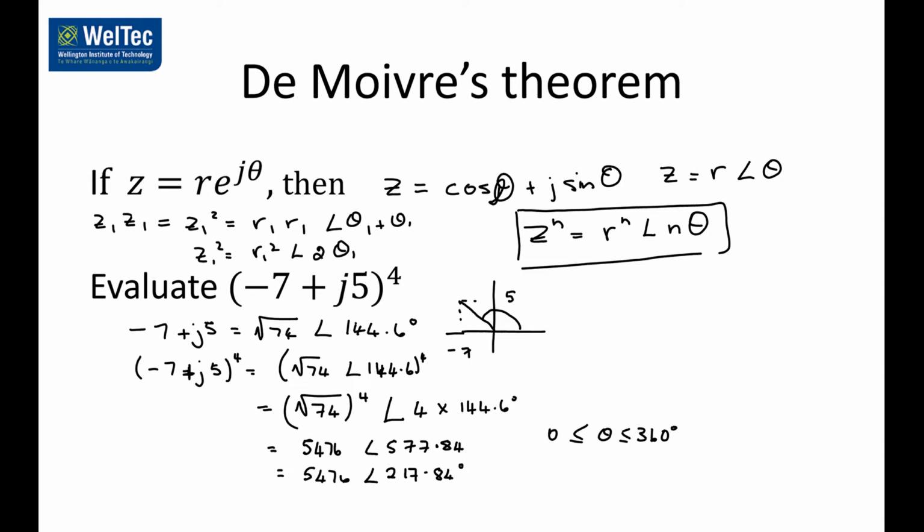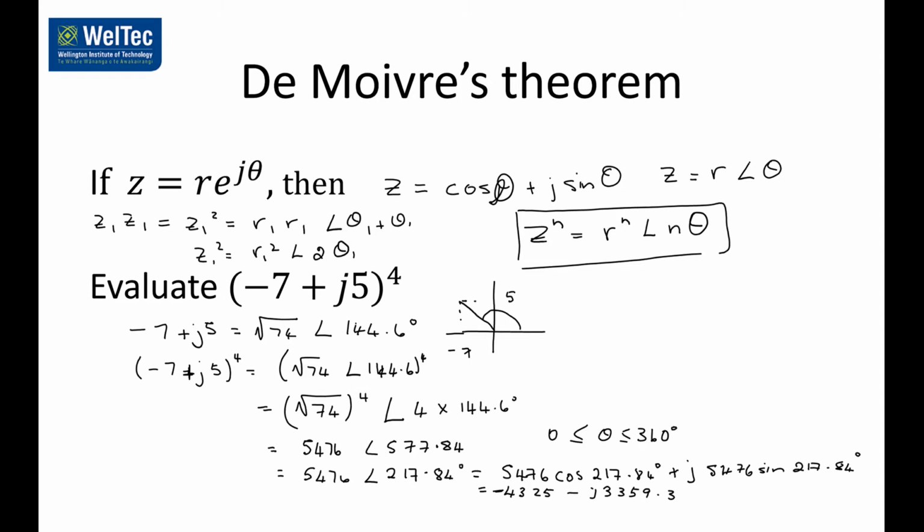And then what we could do is rewrite that as 5476 times cos of 217.84 plus j times 5476 sine of 217.84, and working that out, or we could have just gone directly from polar form to rectangular form